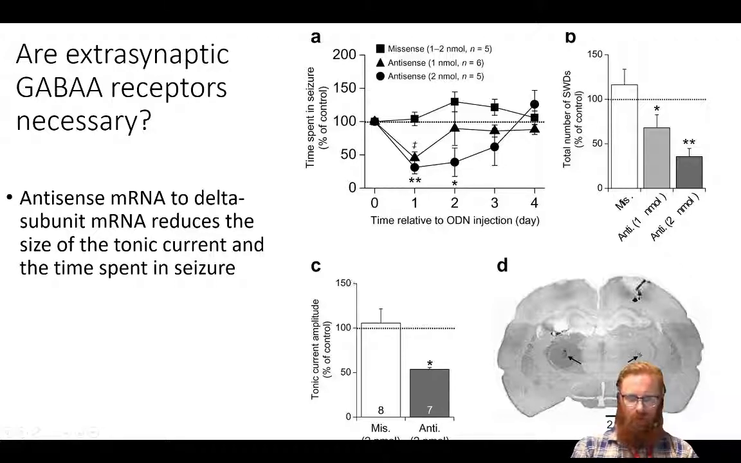Now they're really driving the causation home. What they are doing is injecting antisense mRNA to the delta subunit. This will essentially bind to the mRNA for the delta subunit and stop the delta subunit from being expressed. And what they showed in